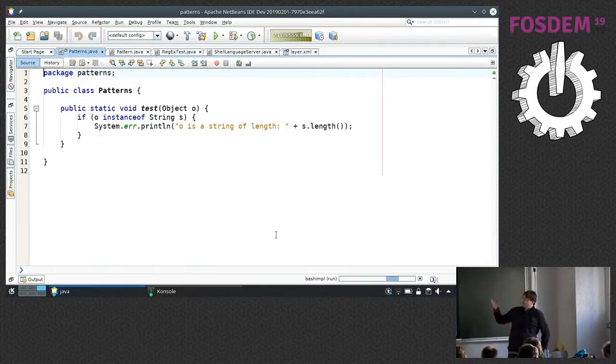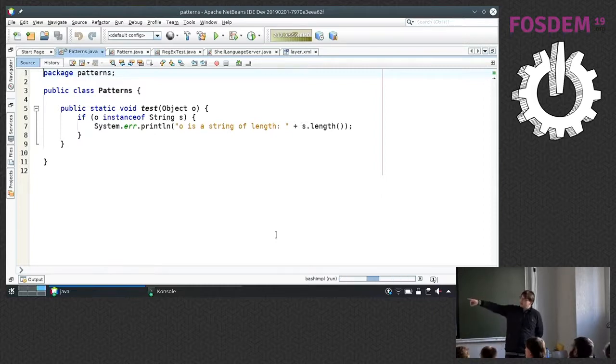And the point of that is, there is the source code, and you see this instanceof String s, and you might have noticed in Brian Goetz's talk yesterday that this is pattern matching.